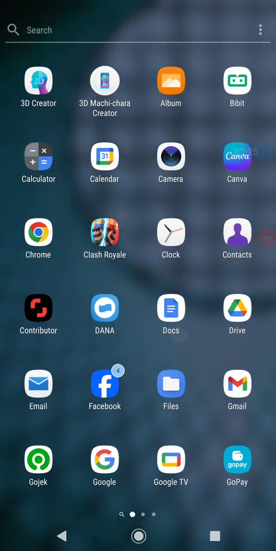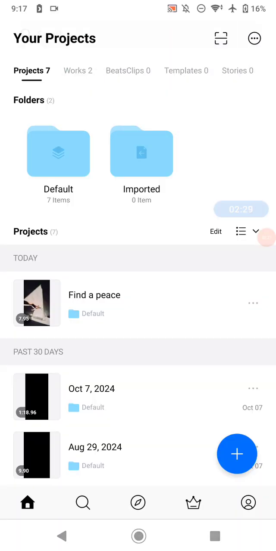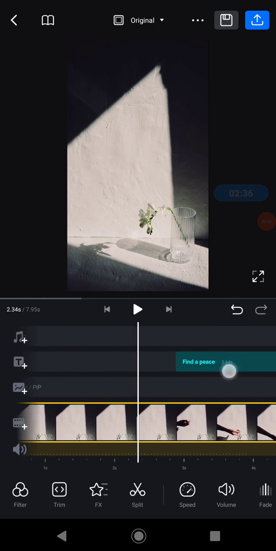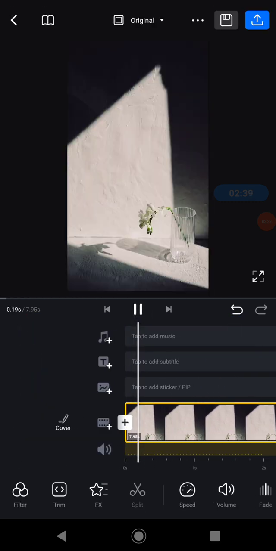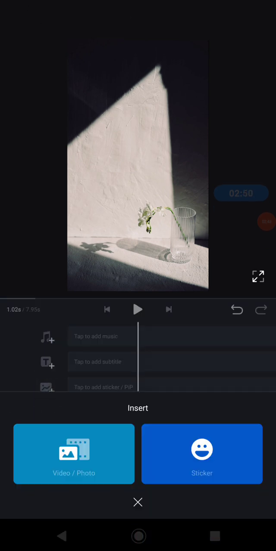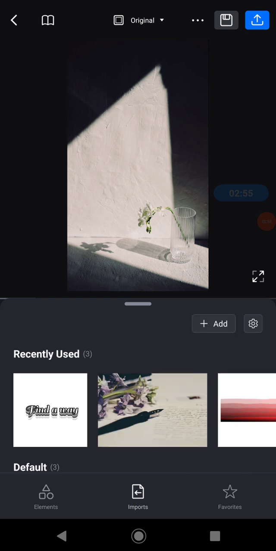go back to your home screen and then open your VN editor, and then for example I already prepared a video here. For example, I would like to use this video, and then how to add the text that we already saved is by clicking this plus button here. Click it, and then click sticker, and after that click imports, and here click add,